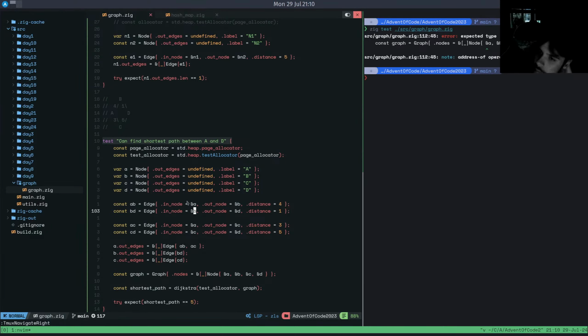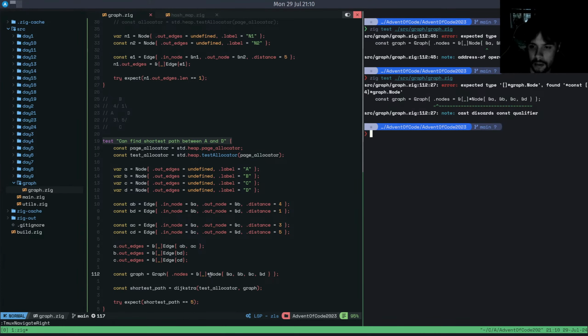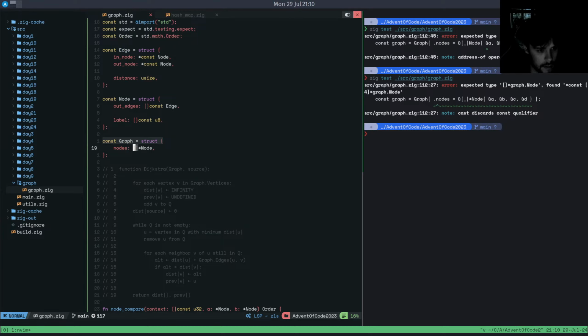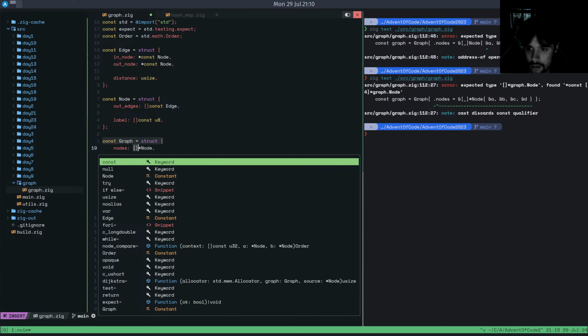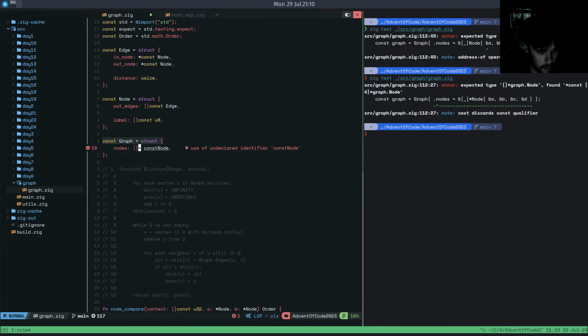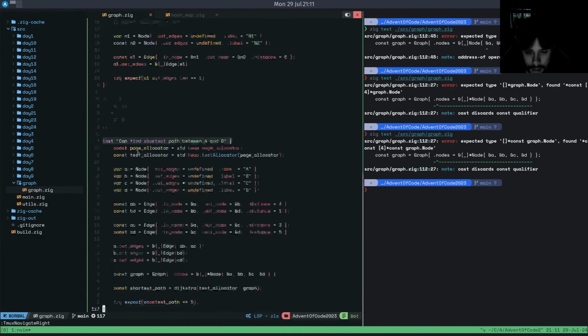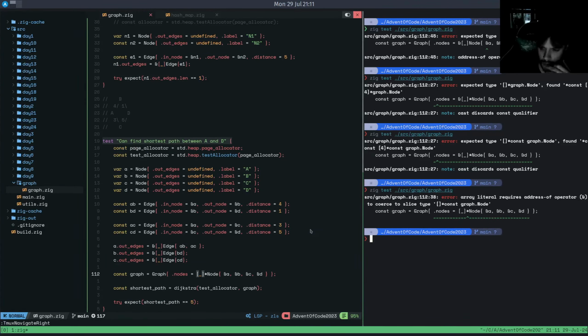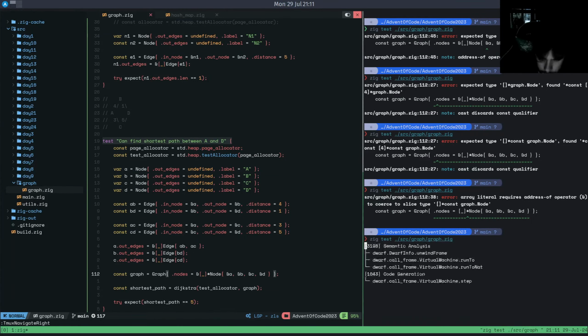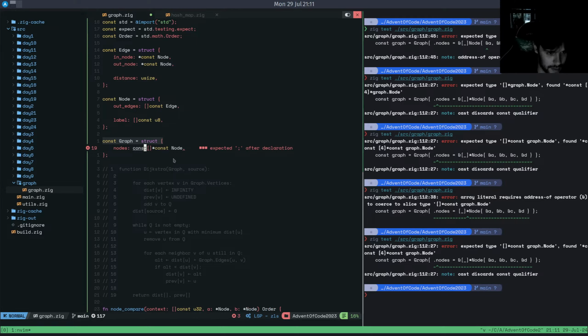Okay. Oh, and I need to type that correctly. I mean, expected type something something found something. Okay, can I do an array of pointers? Or is it? Yeah. Okay, so they wanted an array of constant pointers, and they found a constant pointer to pointers. Yeah, that sucks. Actually, I'm not sure how to solve this. What if I do const star